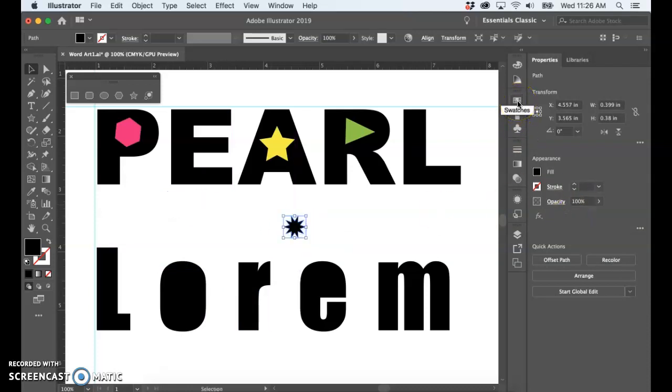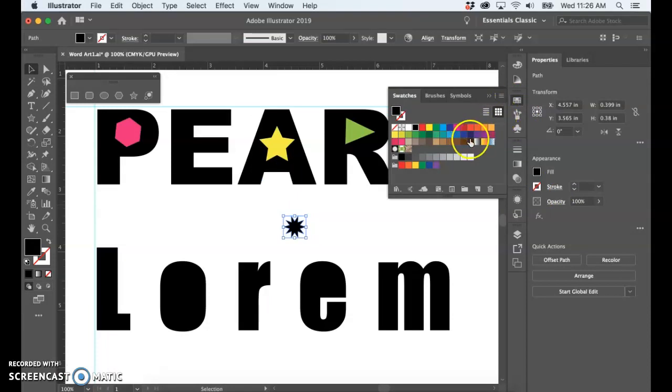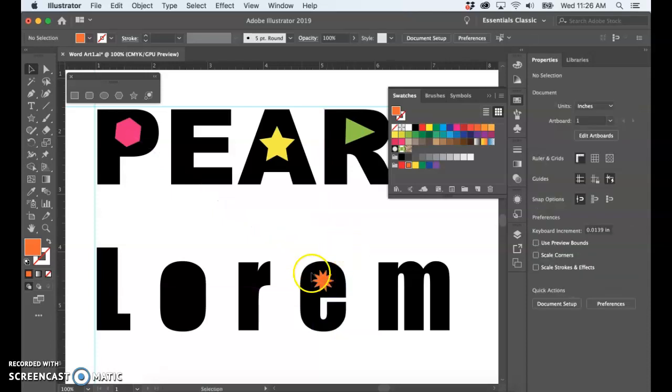Okay, next I'm going to change the color of this just so that I can see it when I replace the inner part of each letter. And you can choose any color that you'd like for your design and then place it in a logical position, kind of similar to where the original was. All right, now